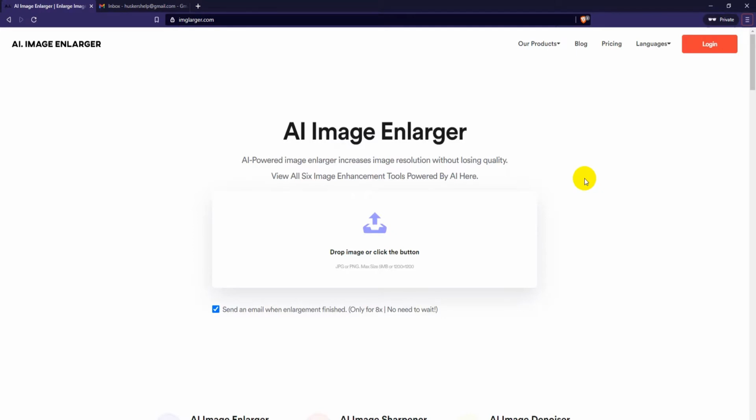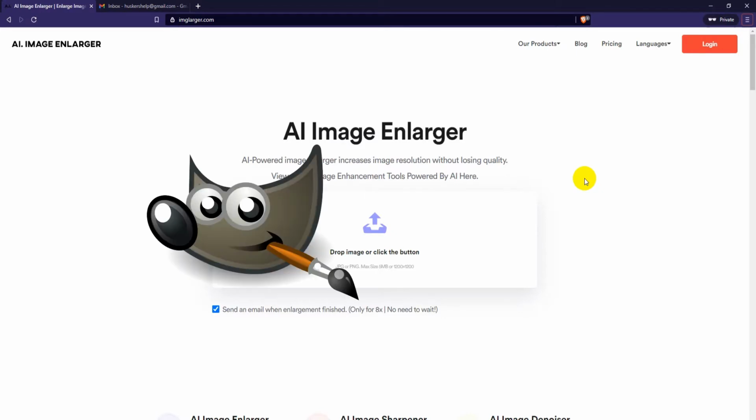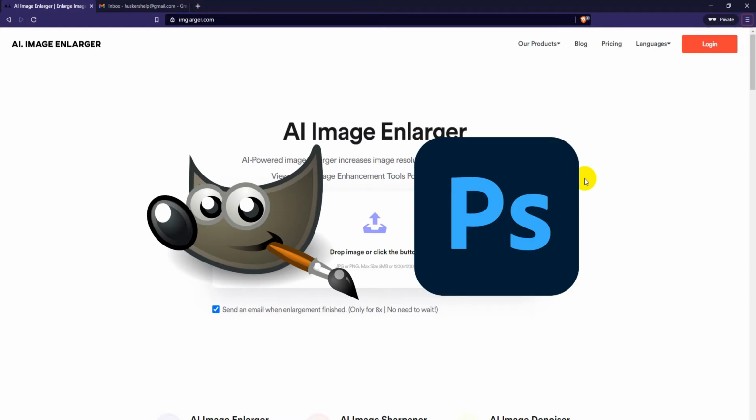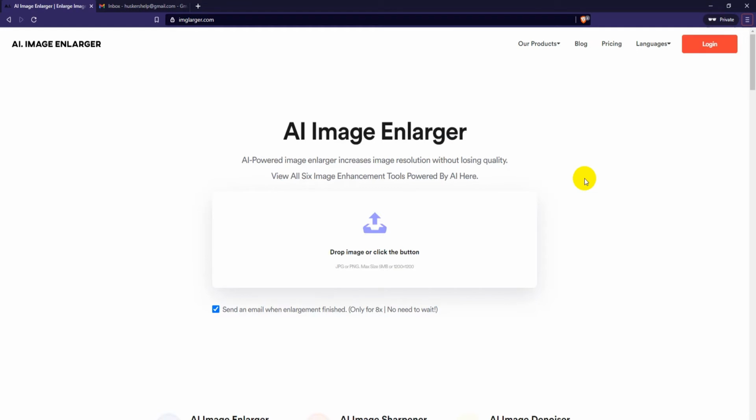So you want to increase the resolution of your photos? Well, this is quite easy to do with most photo editors, but in doing so you will in most cases lose out on image quality. But some clever software engineers have created sites that use artificial intelligence to upscale the resolution of photos without sacrificing much image quality. There are several sites like this, which I will show to you at the end of the video, but the one we will be using right now is